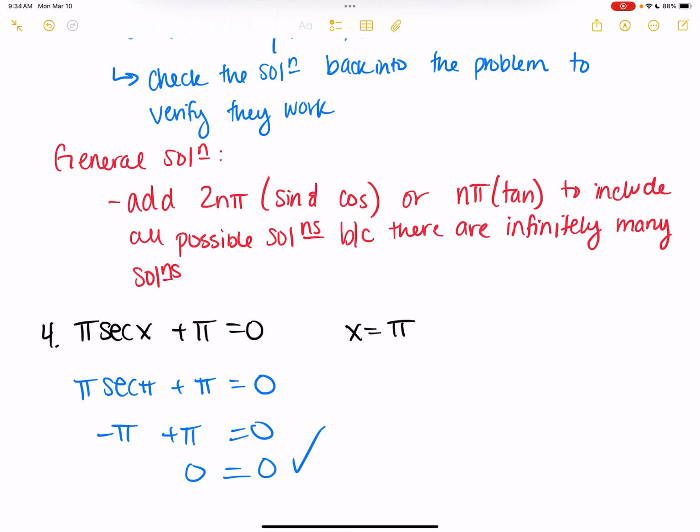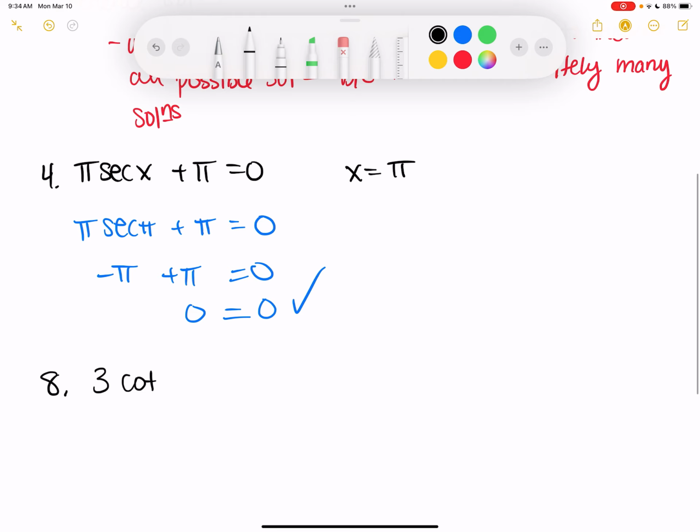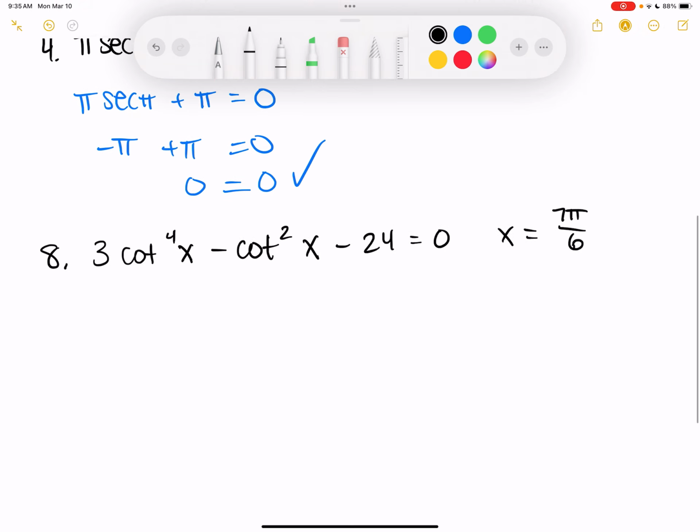Alright, 8, same thing. 3 times the cotangent to the 4th of x minus the cotangent squared of x minus 24 equals 0. x equals 7 pi over 6. I like this a lot better than what we did on Friday. Alright, so I take and I plug 7 pi over 6 in for x everywhere, and what I would